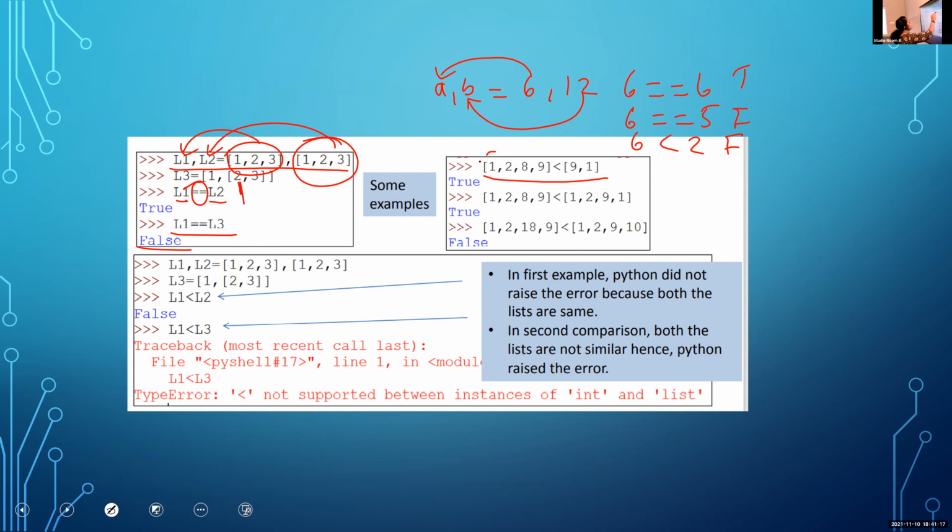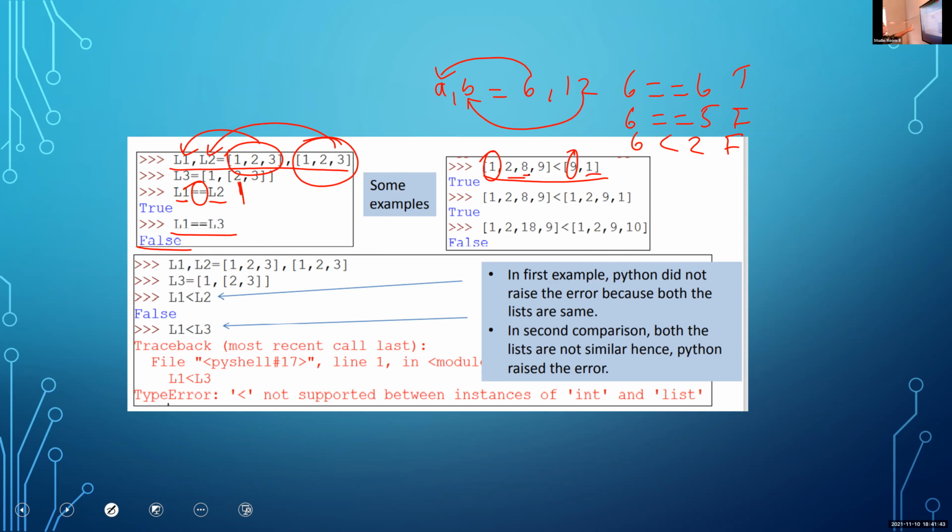If the first comparison decides the result, it will display the result based on that first comparison and will not check the second, third, or the next elements. That is the one problem related with this comparison. In the earlier example all the elements were equal, so no problem comparing L1 and L2.